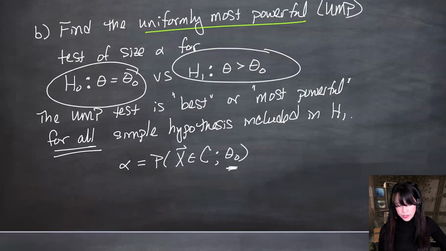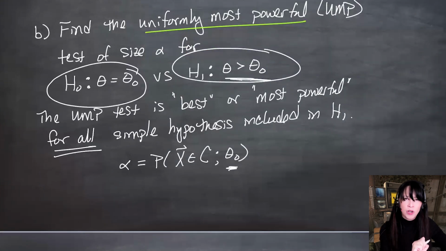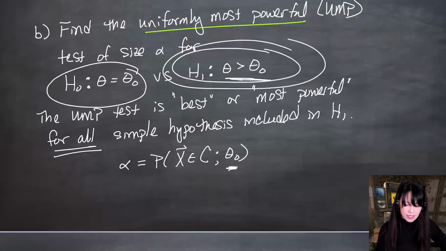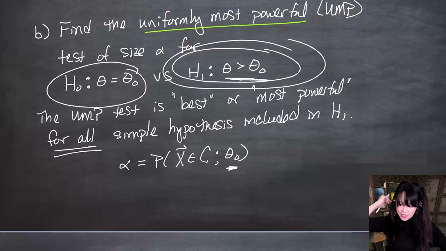And when the alternate is true, I don't know what theta is. I don't have a particular one here, but for each and every theta 1 in this set, I want this test to be best and not to depend on that choice of theta 1. I want it to be best or most powerful for all simple hypotheses contained in the alternate hypothesis. The way to find one, which is why I just kind of snuck this big idea in here in a part B of an example,